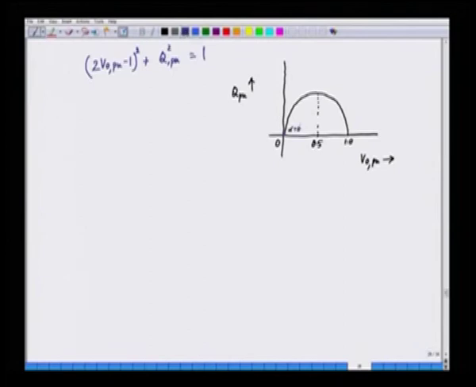Then we reach half the voltage, output voltage 0.5 per unit. In this case we have the maximum possible reactive power, this is Q max, this is in fact 1 here,